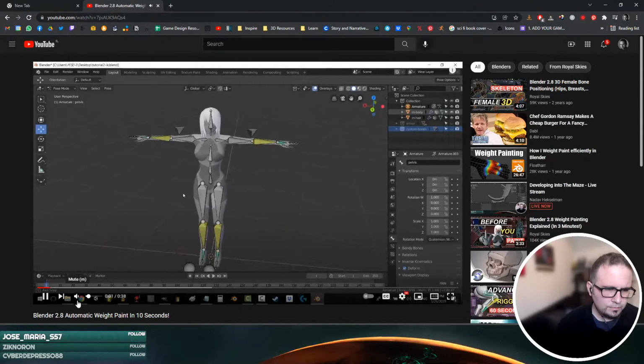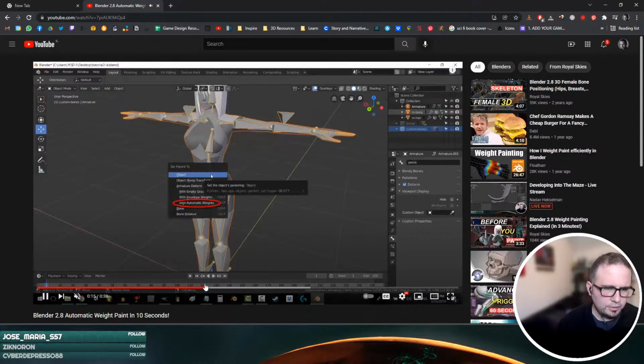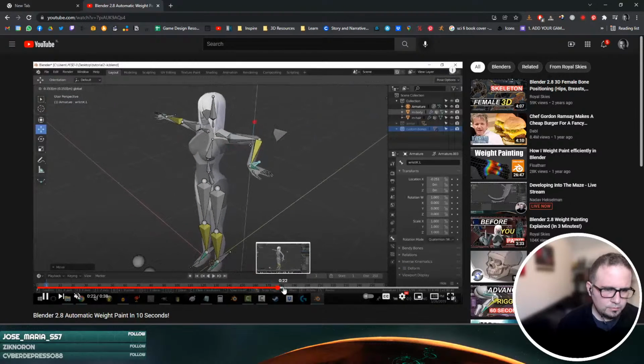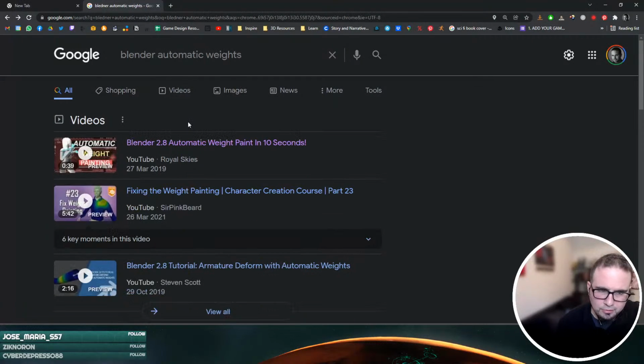So you have a rig, but you don't know how to connect it to your character. Yeah, this I know. I know the automatic paints, but we already have